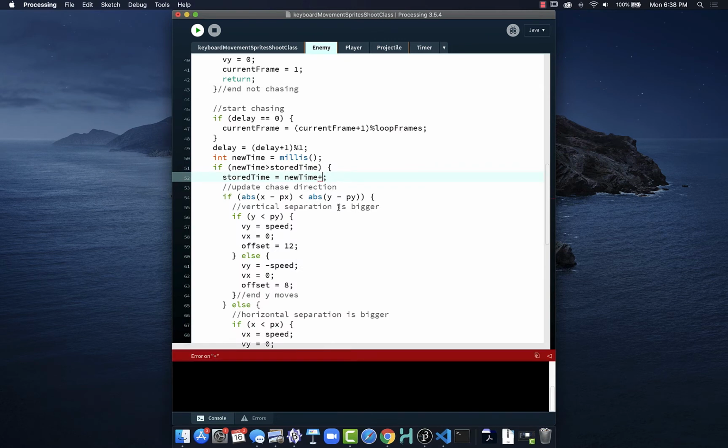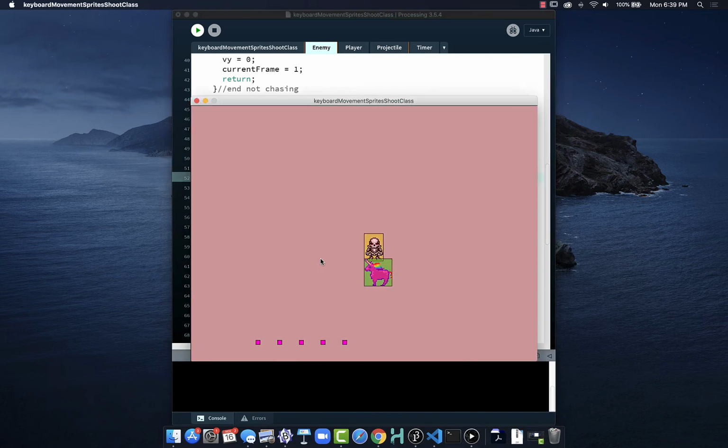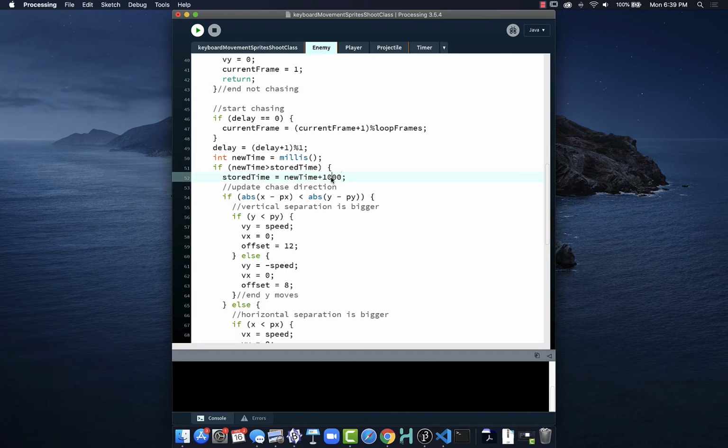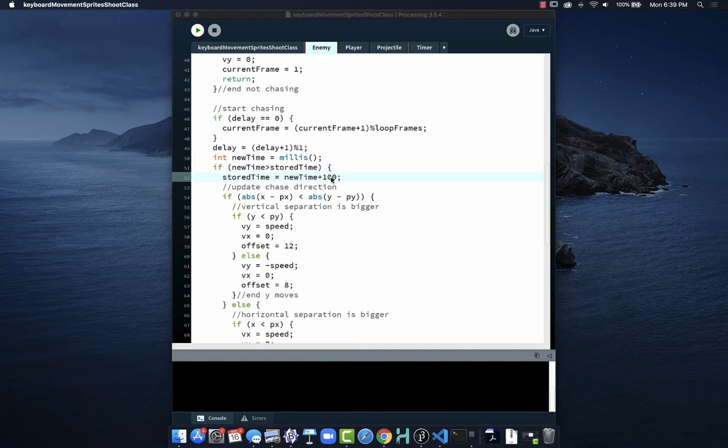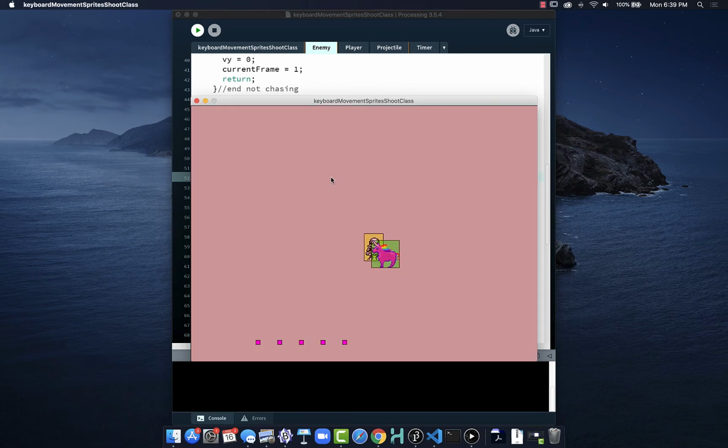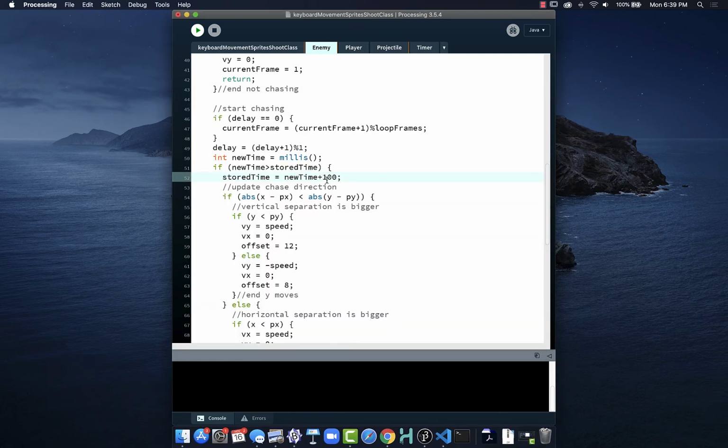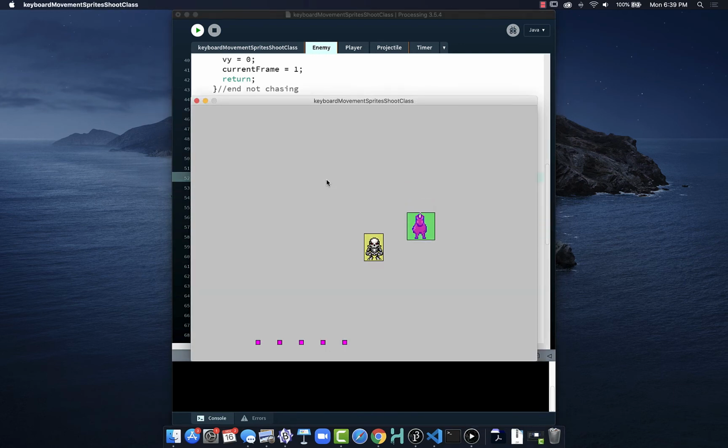Now if I were to put this at 1000, so it only changes every second, then when we're here, it waits a second, and then it goes. Now we see it gets this marching pattern on top because it holds for a second before it changes. If I go to 100, we can see those stair steps become much faster. So it's really a matter of what your artwork is, what your speed of movement is, and how that gives you